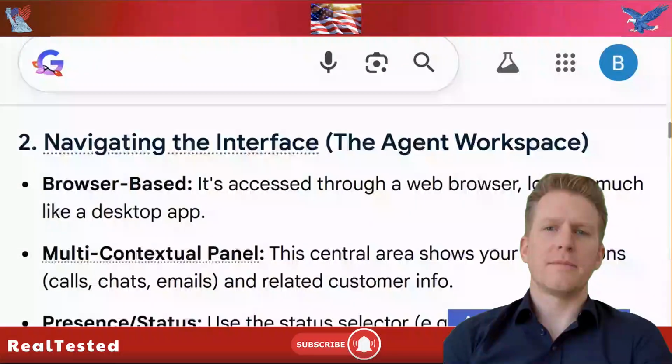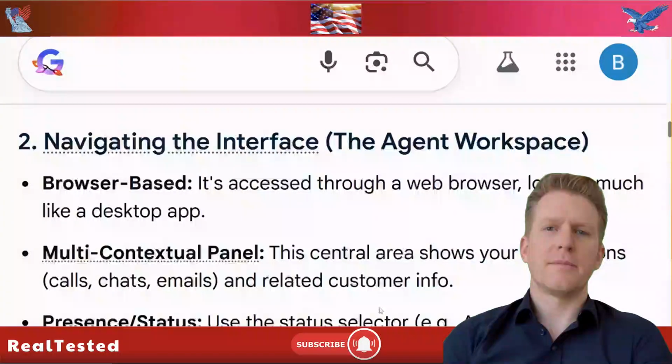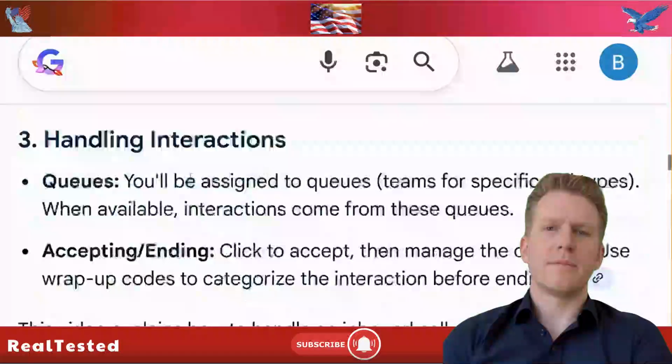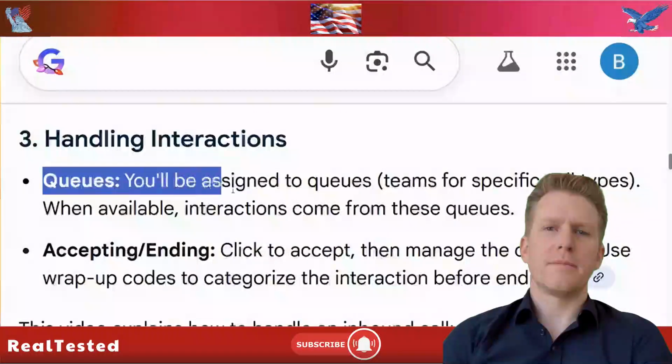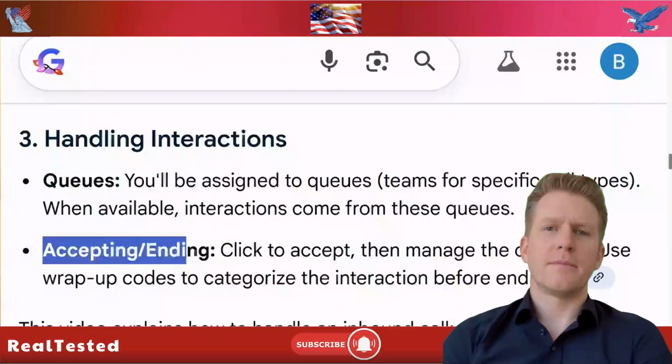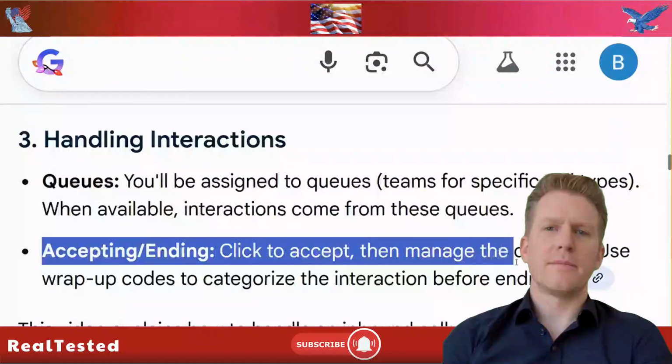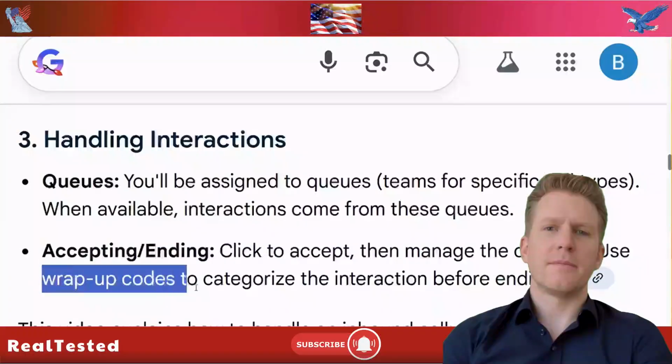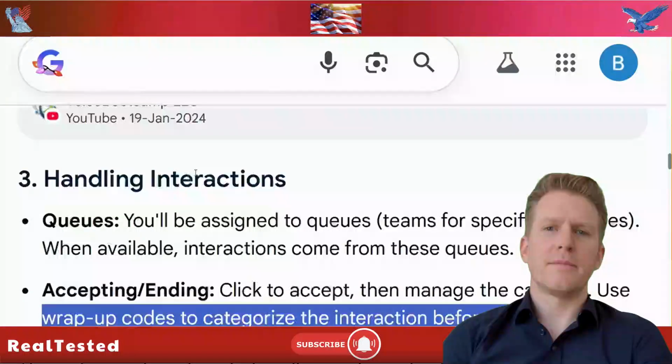When it comes to handling interactions, you'll be assigned to specific queues based on your team. When you're set to available, interactions will start rolling in from these queues like an endless conveyor belt of joy. Just click to accept, manage the conversation, and use a wrap-up code to categorize the experience before you escape to